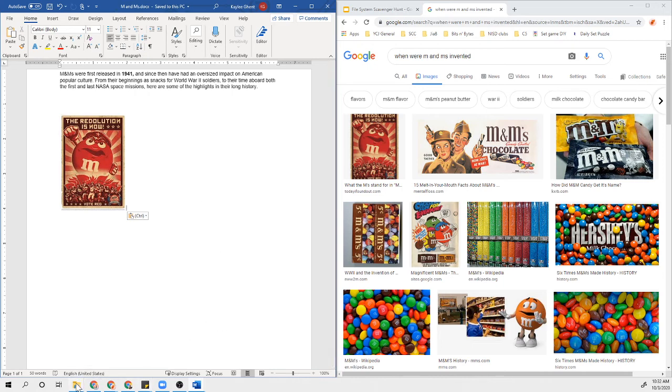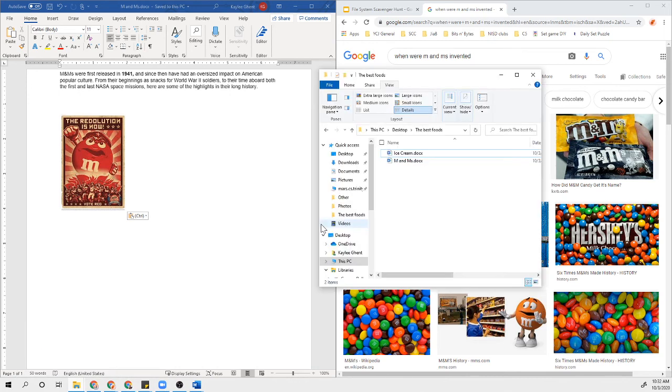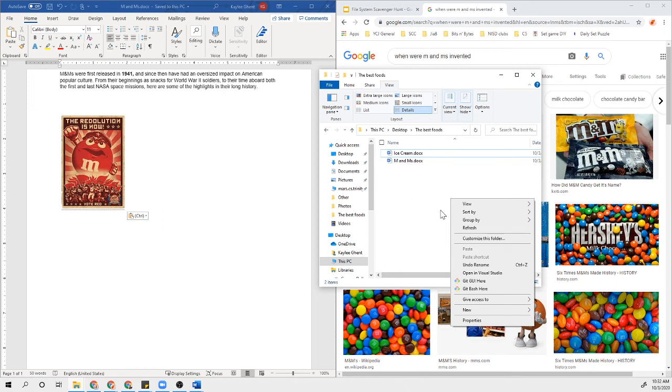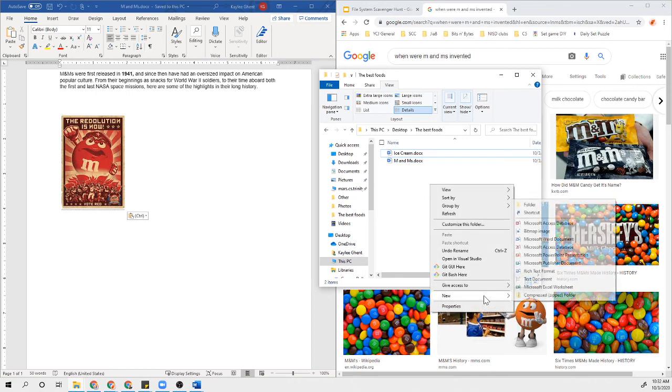And so if we look at our file folder, which I'm going to pull up from my taskbar down here, I have the best foods and I have my ice cream and M&M's documents. That's awesome. And so I'm going to create one more document. If you're following along with me, you can do this using Word or using the File Explorer, but I'll use the File Explorer. So I'm going to right click, New Word document,